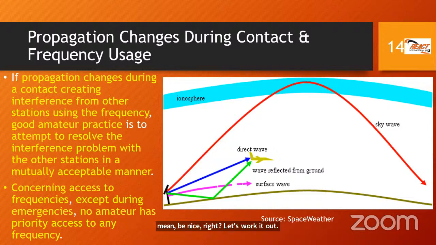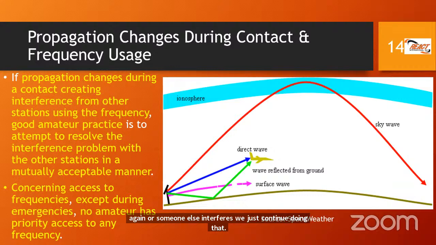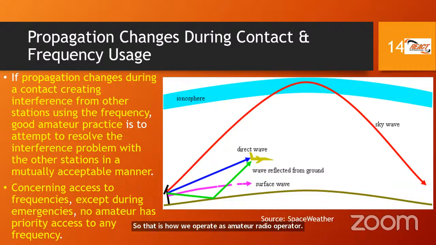So we may say, okay, well, here's what. I will shift my frequency with the other operator down a bit or up a bit. Or the other person may first volunteer. And we say, okay, sure, no problem. Thank you very much, and we thank each other for cooperating and solve the interference problem. And if the interference comes back again or someone else interferes, we just continue doing that, right? So that is how we operate as amateur radio operators. There's no room for bullying or being territorial and saying I own this frequency, which is the actual subject of the next bullet point. So concerning access to frequencies, except during emergencies,